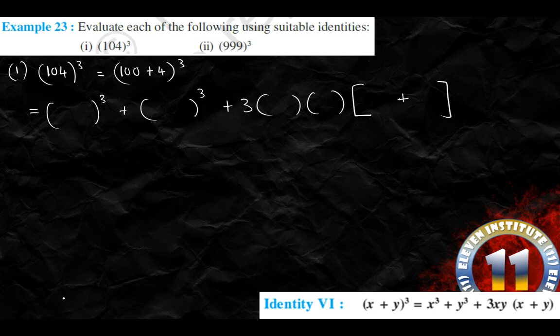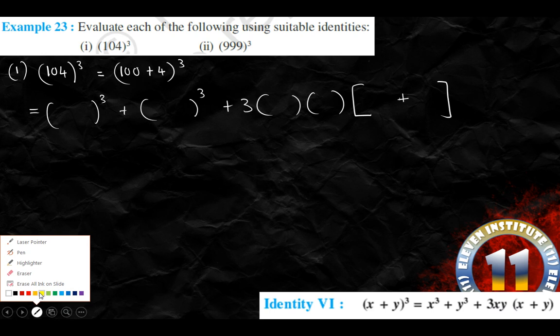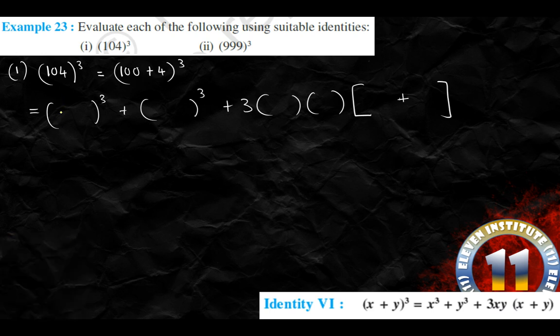Right, now instead of x and y, we just write 100 and 4. So we can write over here 100, 4, again 100, 4, again 100 and 4. Now 100 cube, so we can write 1, and this double 0 will be repeated 3 times. 4 cube, we definitely know that 4 cube is 64, and never add this. I again repeat, never add this, just multiply these 3 numbers.